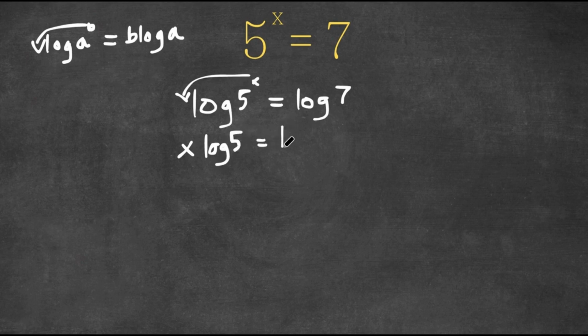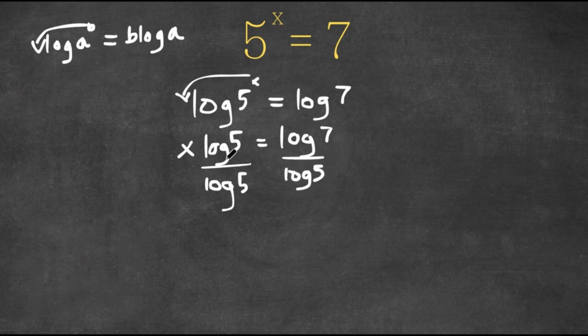And this is equal to log 7. Now, I actually want to isolate x because that's the thing we want to find the value of. So I'm going to divide by log 5 on both sides to get rid of the log on this side and to move it to the right side. So now for our left-hand side, these two would cancel out. So we would have x is equal to log 7